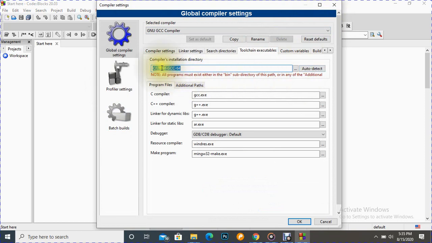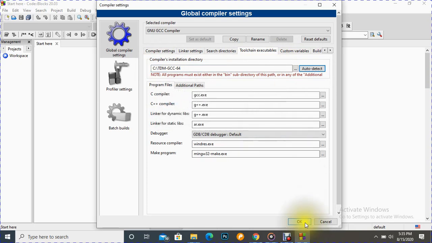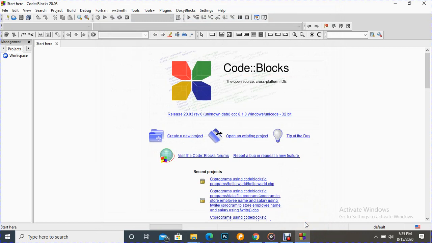After installing this TDM compiler, when you click auto detect, it says they are auto detected. Click OK, click OK. Now it is ready to start programming. So this is how we can go for the secondary option if the primary option is not working.